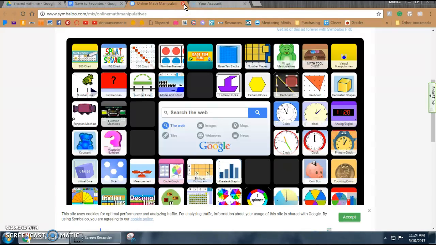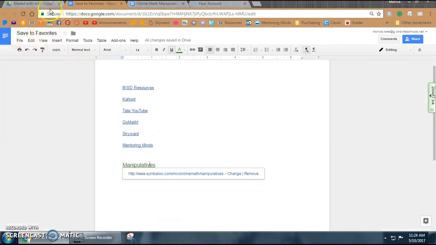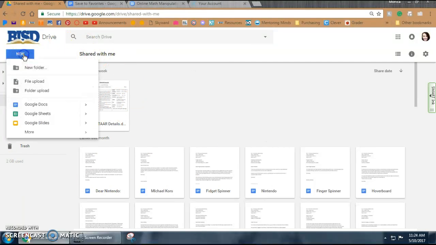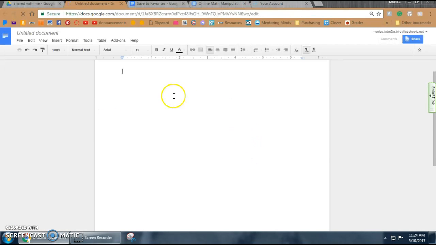Another way to take a picture, or another resource that you can use, is to go to your Google Drive and make a new Google Doc. So I have a blank piece of paper here. I could type